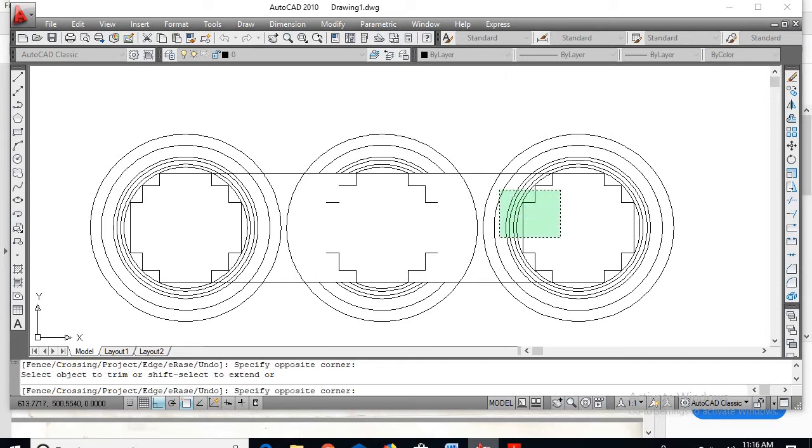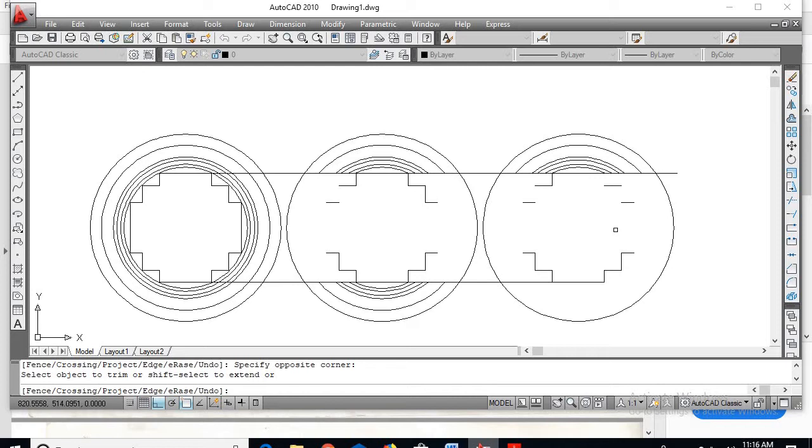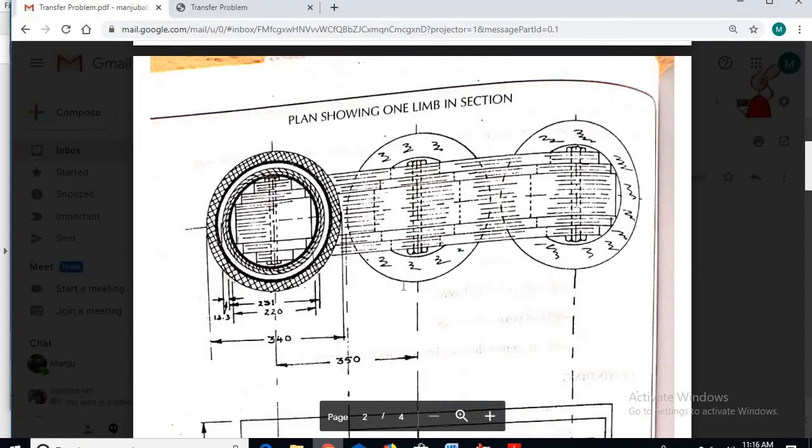So here also, this is what we can show, the circles.